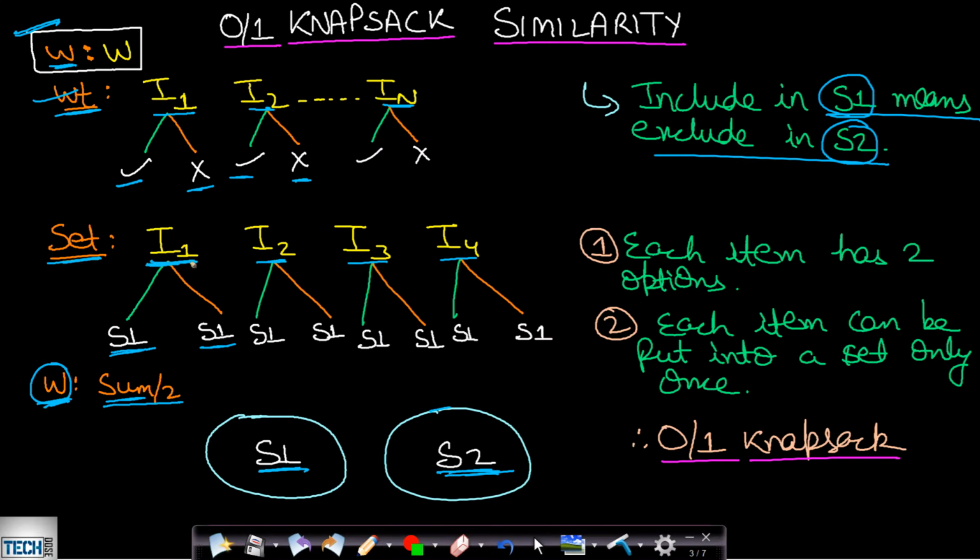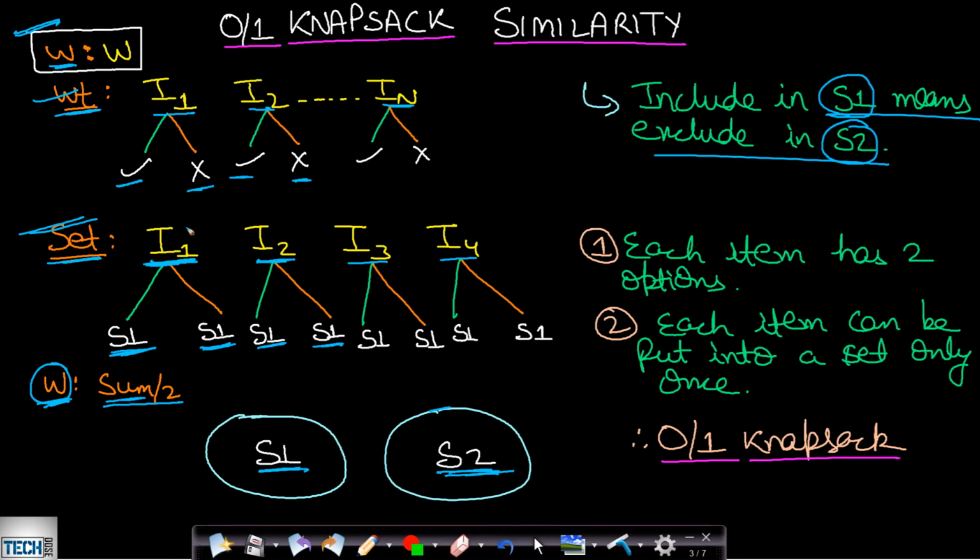So you can see that each element has two choices. It can either go to S1 or it can go to S2. Going to S2 means it will not go to S1. The same goes for item 2. It can go to set S1 or it cannot go to set S1, and so on. So here, this is the items array.